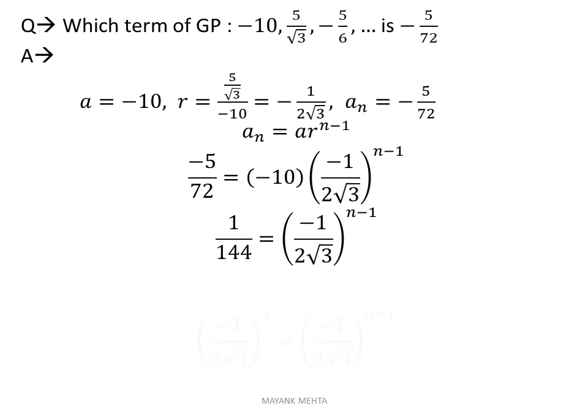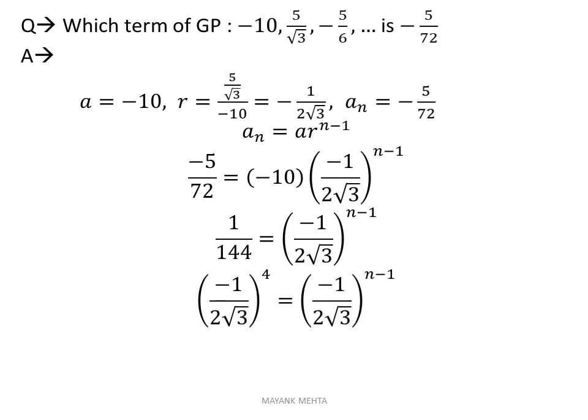So if you factorize 144 in the form of root 3 and 2, then you will find that 144 is equal to 2 raised to 4 into root 3 raised to 4. And you know that minus raised to 4 is plus 1. So 1 upon 144 we can write like that, minus 1 upon 2 root 3